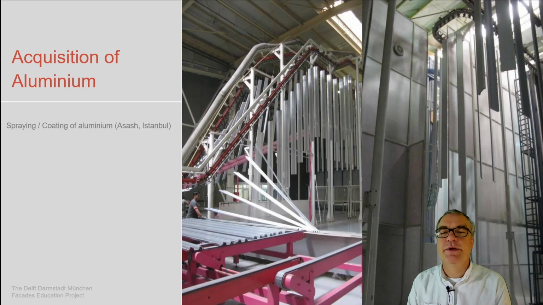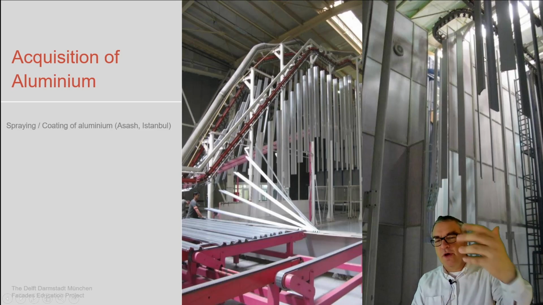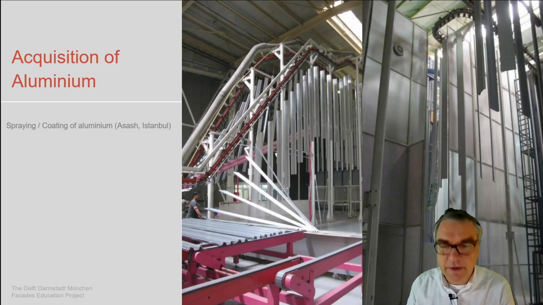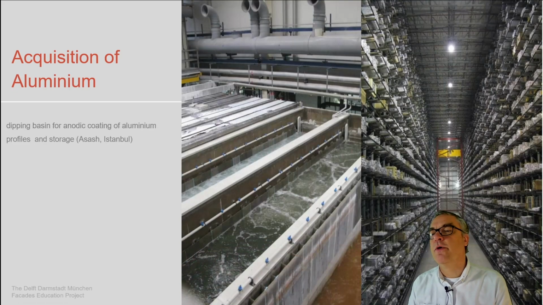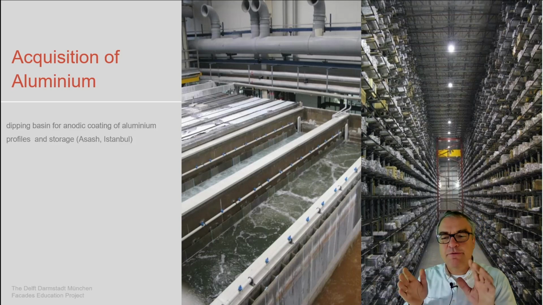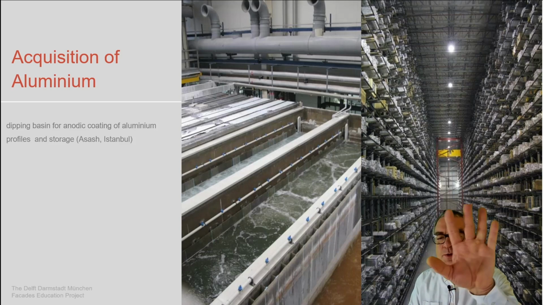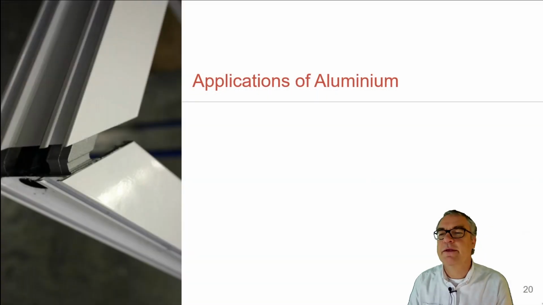And this is a typical coating plant. So the aluminium profiles are taken, lifted, and then brought into this coating device. Then they're dried and then brought into the following manufacturing process, or alternatively with an anodic coating, which is an acid where they're brought into. Then the surface corrodes in a different way depending on the acid, and then the surface is the final surface as we use it in our facade systems. Then it goes to stock and then it's used when we need it.